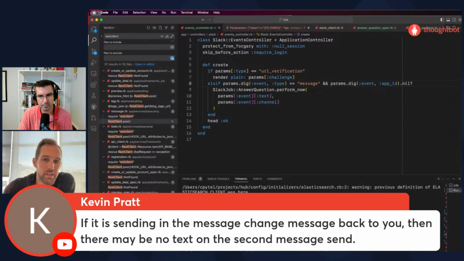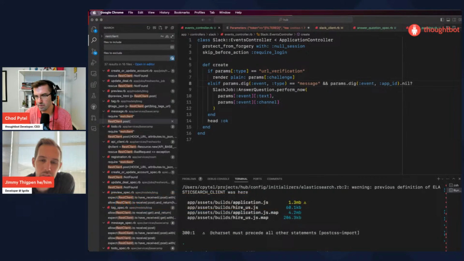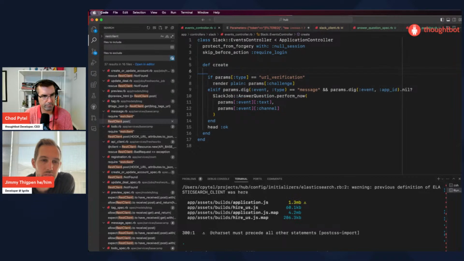Would you debug this now? You could throw a debugger in here, right? And look at the message. I don't know that it's set up actually. Okay, we can give it a try, but I don't know that it's set up.